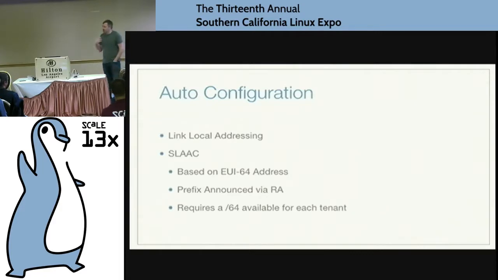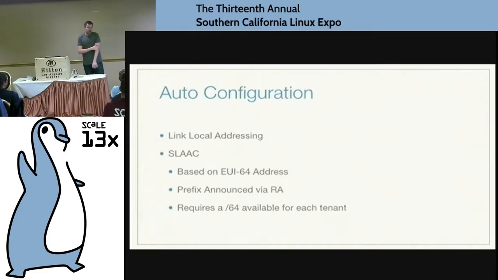Now, if you have a publicly routable address, how that's given to your station, if you're doing SLAAC-based, is via a router advertisement, and the prefix is announced. That prefix has to be a certain size. So when you plug your laptop into the network here, you're not getting a DHCP lease as much as your computer's being told, hey, this is the IPv6 prefix available. With SLAAC, it's got to be at least a /64, and then go configure yourself.